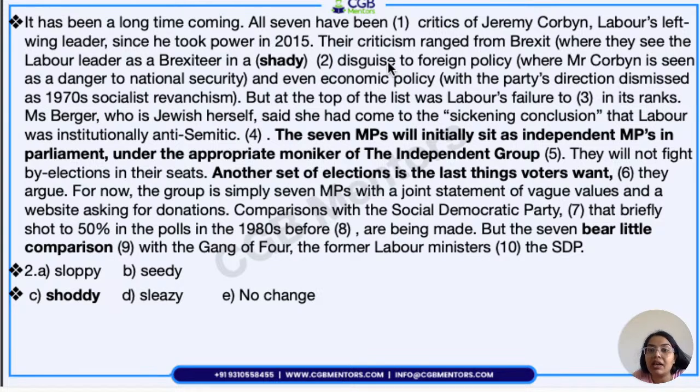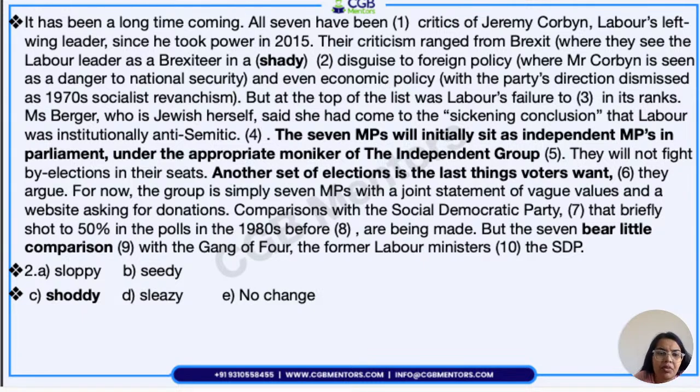Then their criticism ranged from Brexit, where they see the Labour leader as a Brexiteer in a dash disguise. Shady disguise. Anyone who is shady is not transparent, and we will always doubt that person. A sloppy thing or a person, actually, a sloppy person is a careless person, and a sloppy thing is a liquidy thing, है ना? तो वो हम एक careless disguise को नहीं बोलेंगे. Shoddy is something which is inferior. Okay, it's not very strong. That we can say the leader as a Brexiteer in a disguise, which was not a very strong disguise,